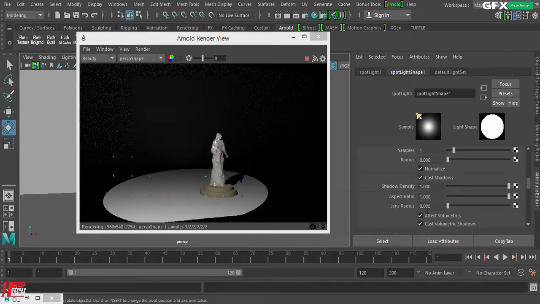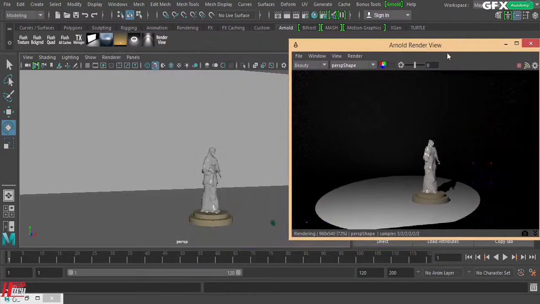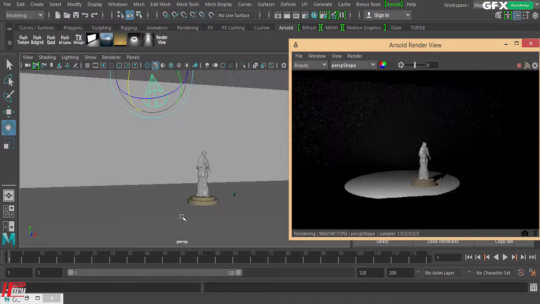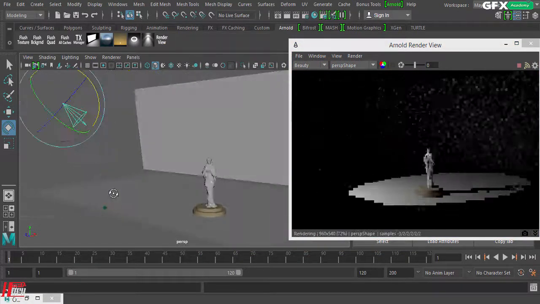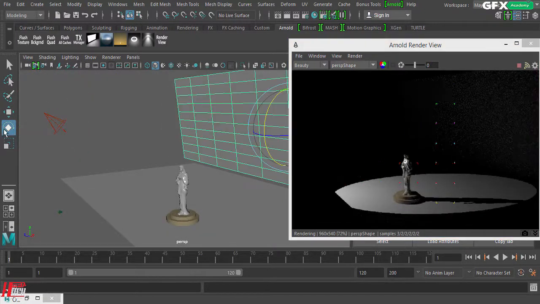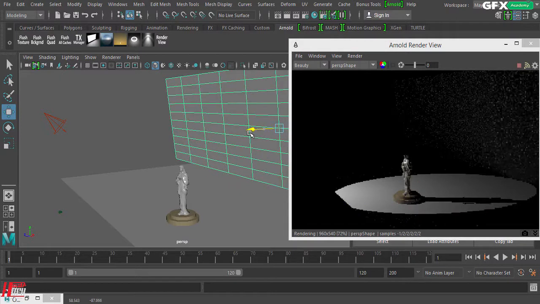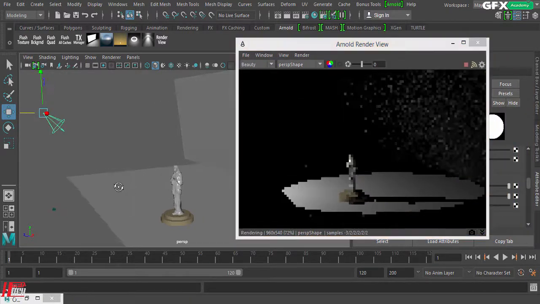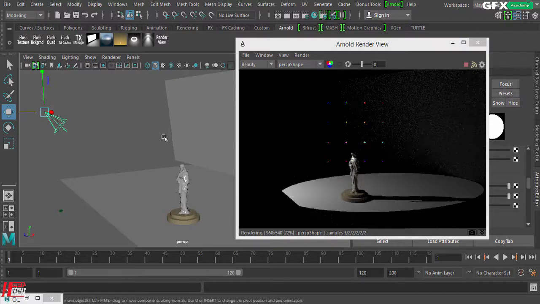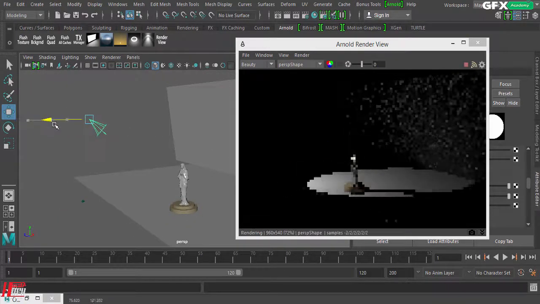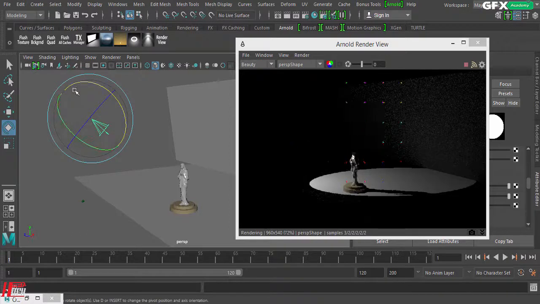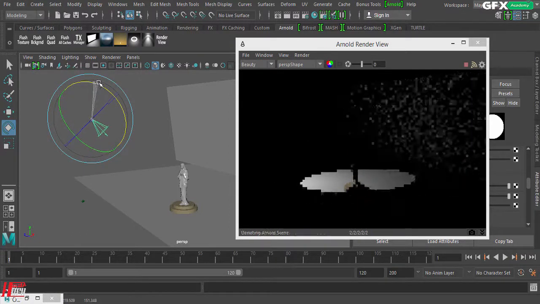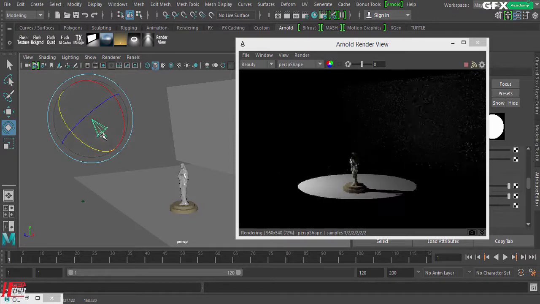Lens radius, you will not understand that unless we do a different look here. So I need just to come like that. Okay, let's take that ground or that wall, come here, and let's take this. I can see it, but I don't see it here. Okay, in order to understand that more here,